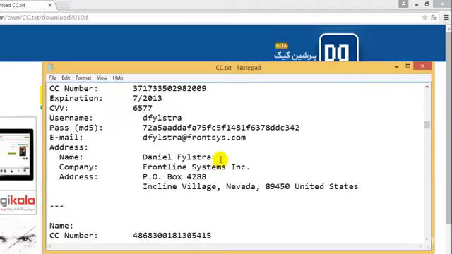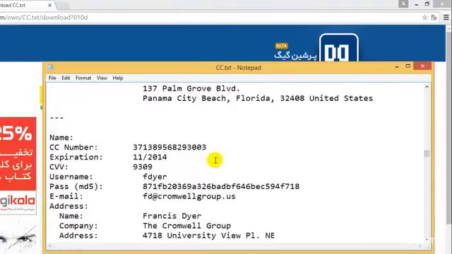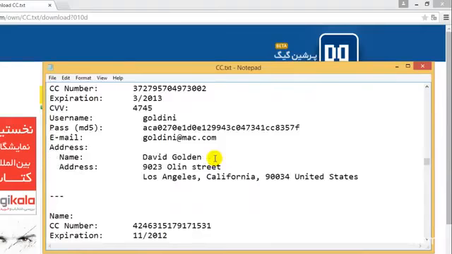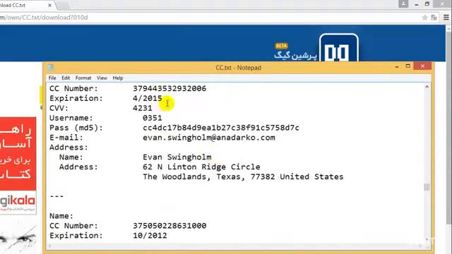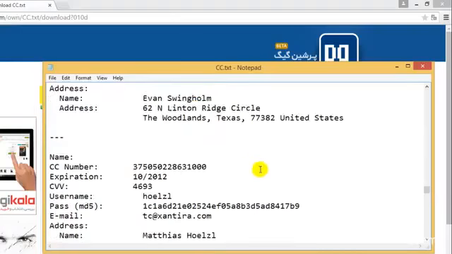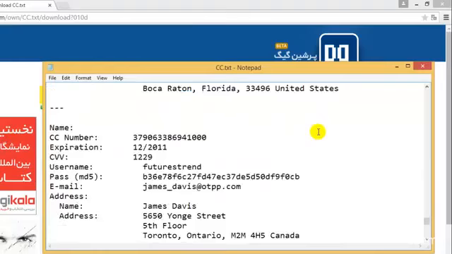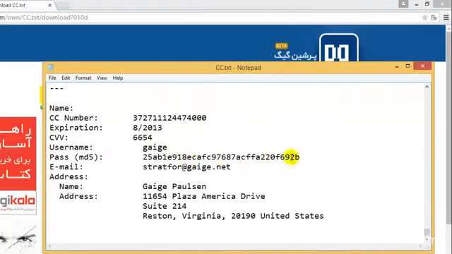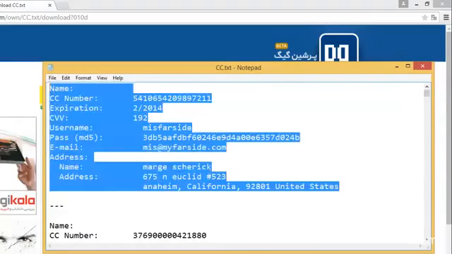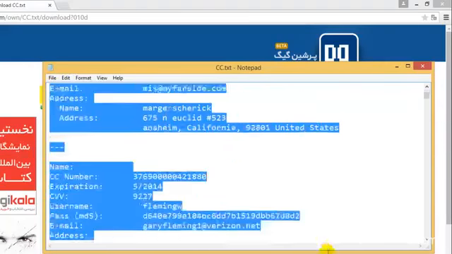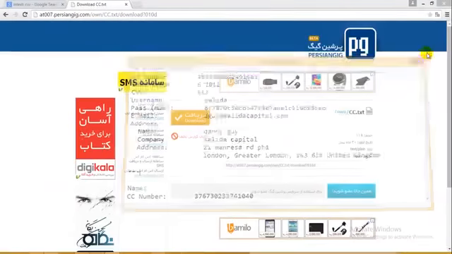So if I am a random black hat hacker, then I would probably check which one is useful, and I will surely use this for malicious purposes. Let me check if I have any active one. Feb, March, April. This expired last month. It's the American Express card, and even this expired last month. Okay, so I don't actually have any active one, and it's actually quite good that I don't have any active card over here, because if one of you watching this video is malicious, and probably uses that for illegal purposes,